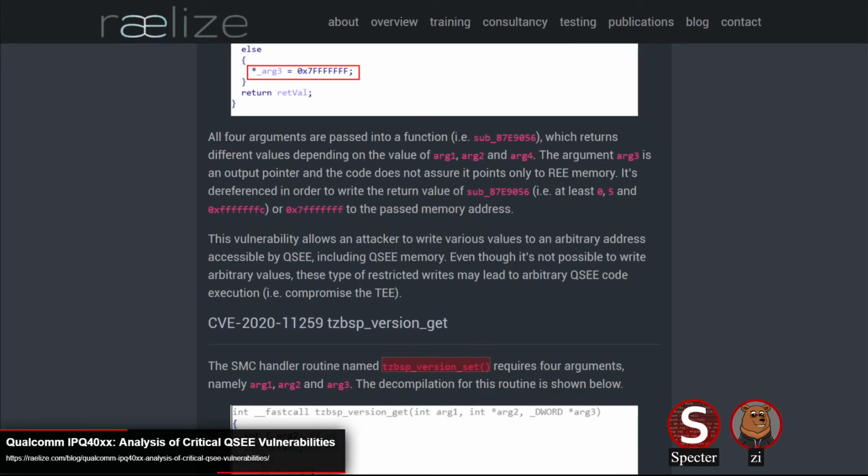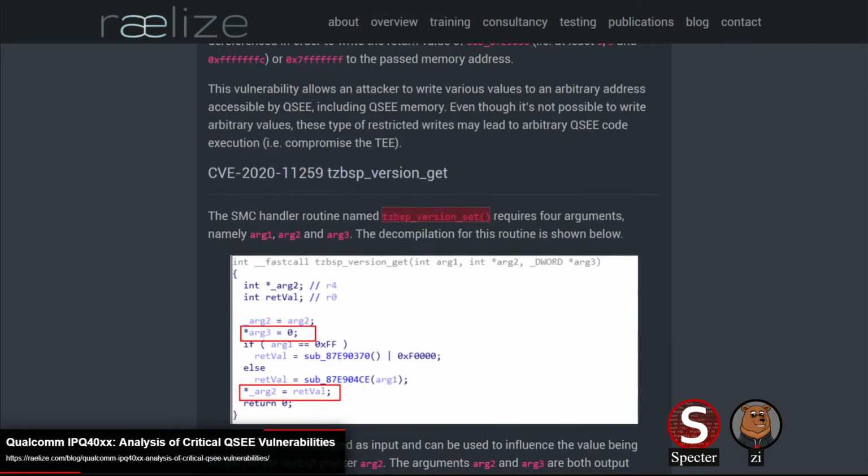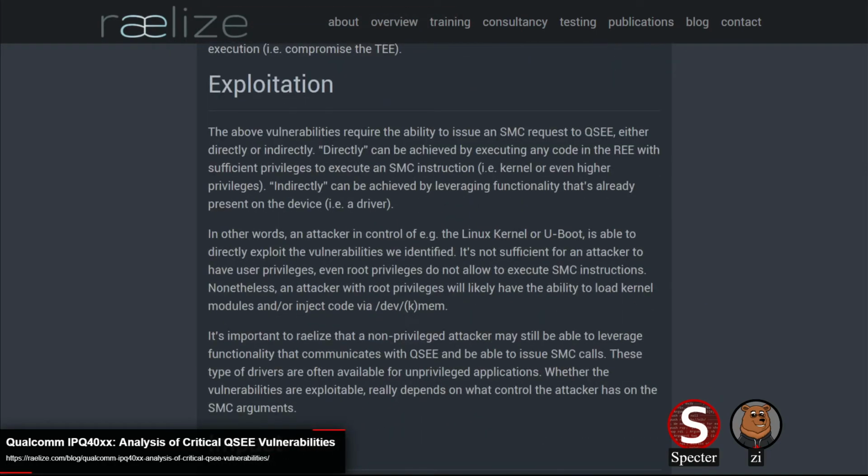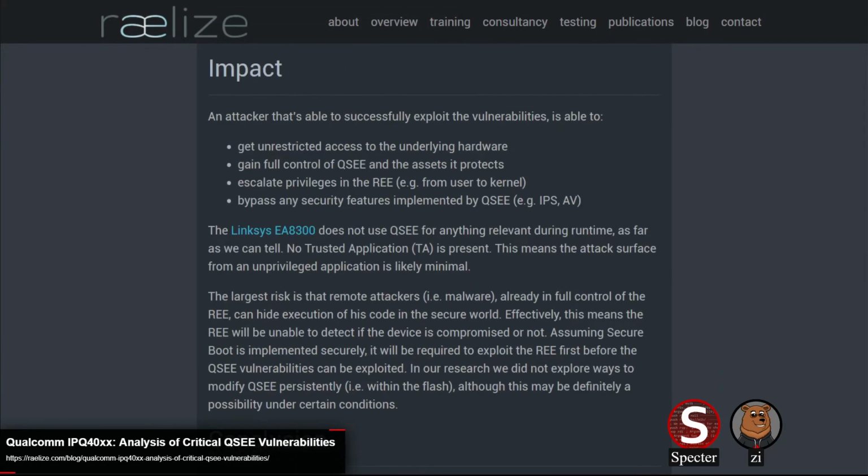Yeah, they're a little bit more free in the writes, but we don't know exactly what type. They write the return value of a function, and they say that these arguments influence the return value, but they don't tell us how they influence the return value. So we don't really know what type of write you get out of them. You'd have to do some RE to figure out what you could set that value to. But yeah, just some really silly issues.